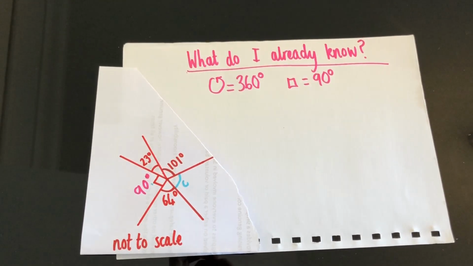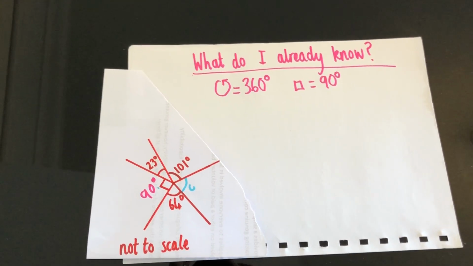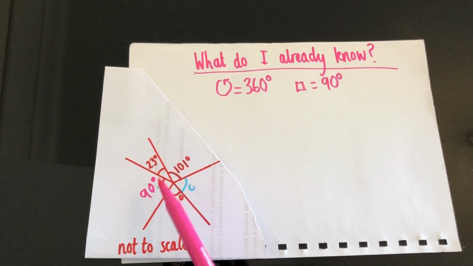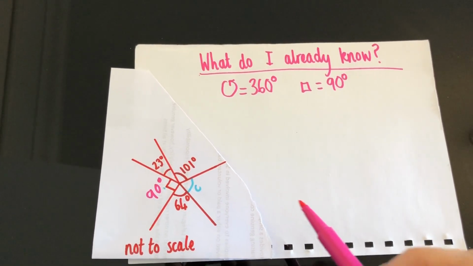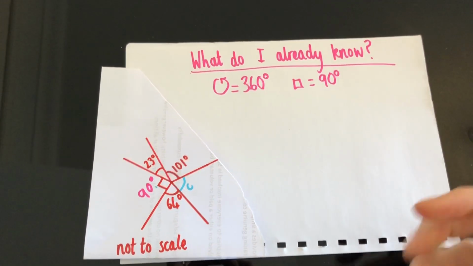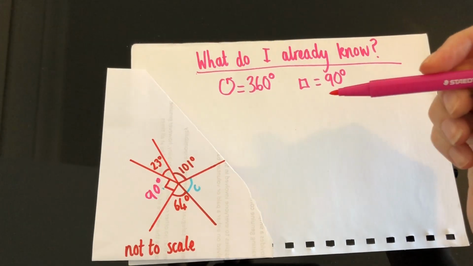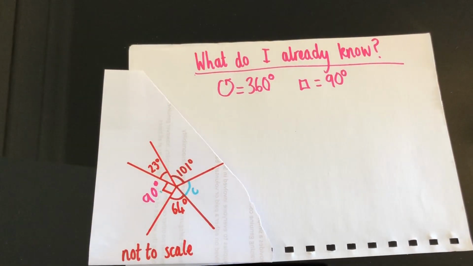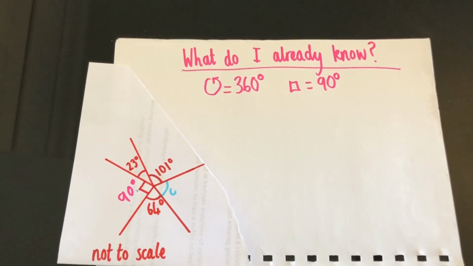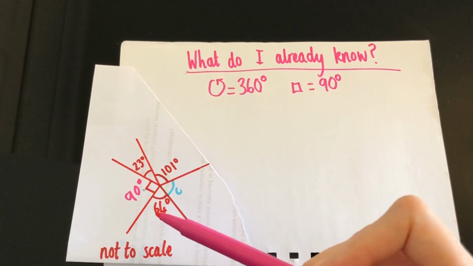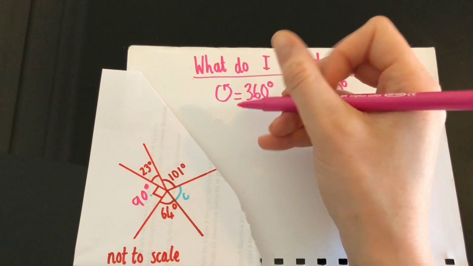And now I've got one missing angle, so I need to add up all of the angles I already know, and that's my first job. So you can work this out in whichever way is best for you. You might want to do it in column addition, or you might be able to do it mentally in your head. I would say think about which ones you could do already. So I've got